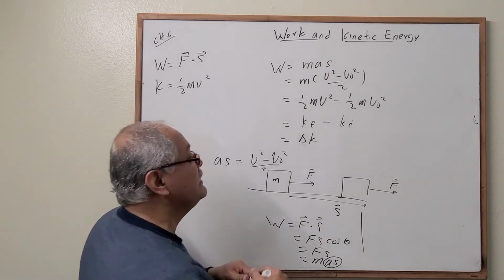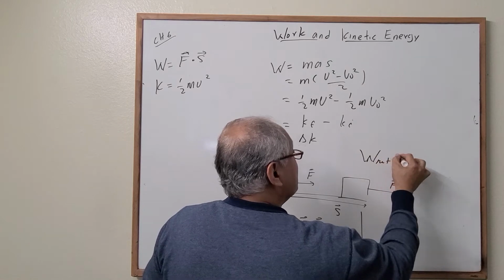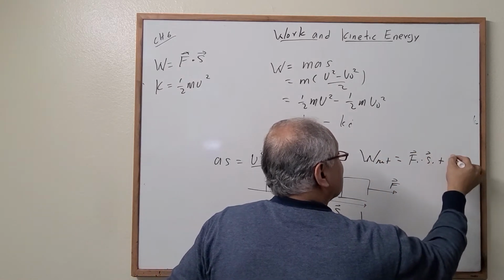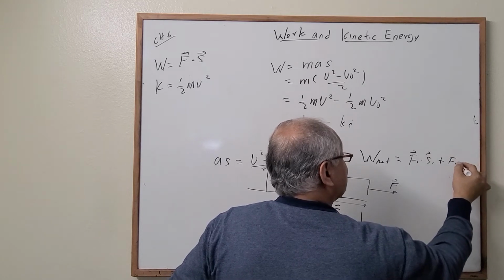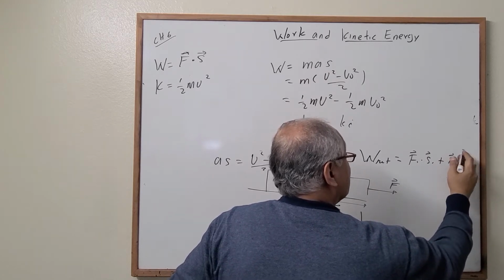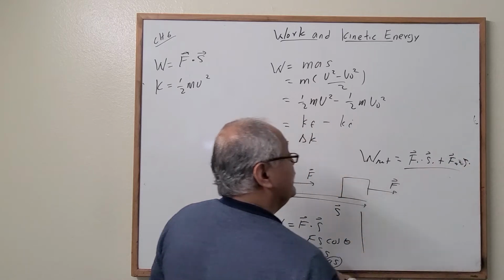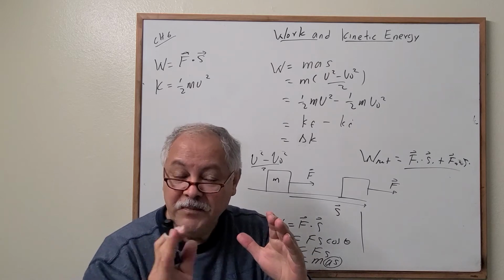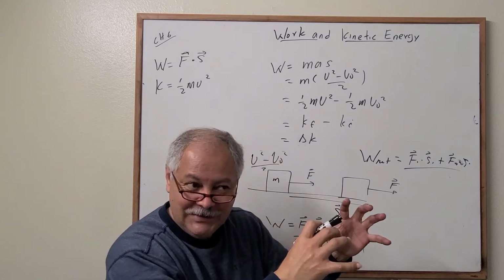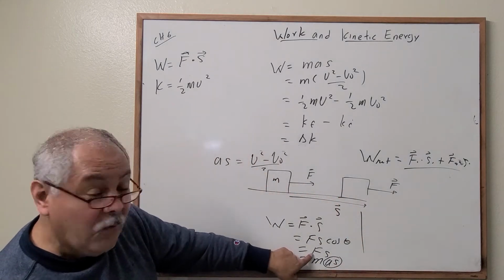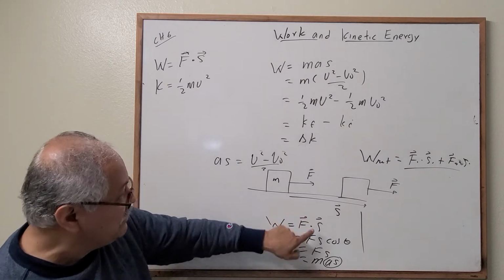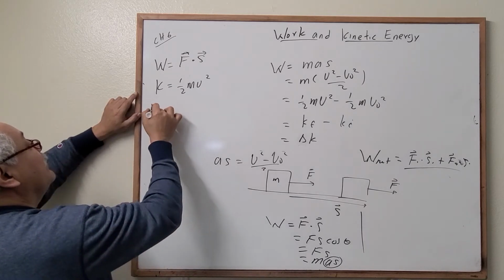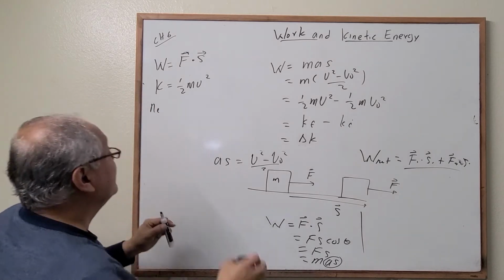Also, we can say that the net work is equal to F1 plus F2, correct, times the dot product, and so on. Remember, this is the net work. It's the sum of the work done by all the forces. If we represent this by the net force, one more time in this equation, it's going to be the net work. Perfect, yes. So net work